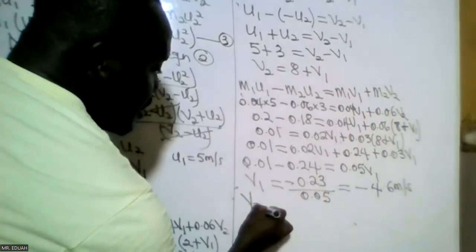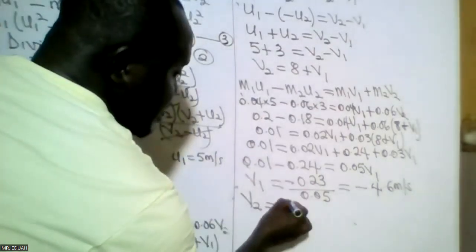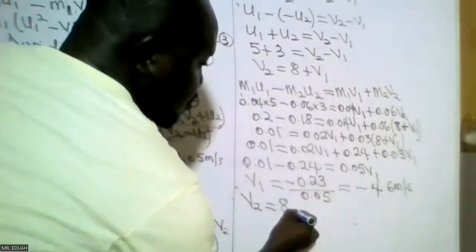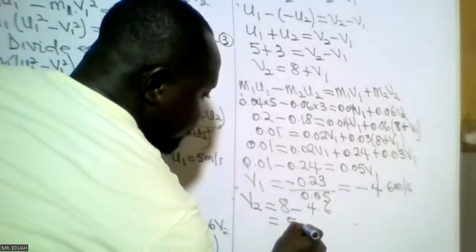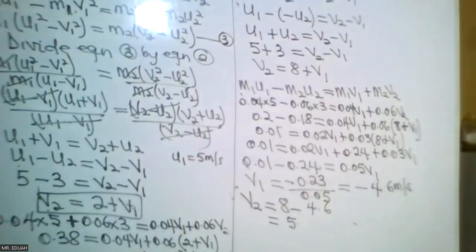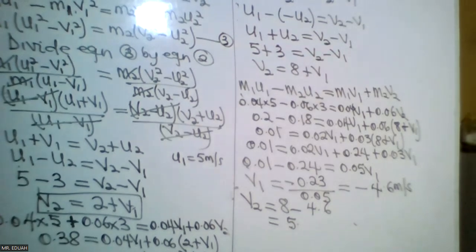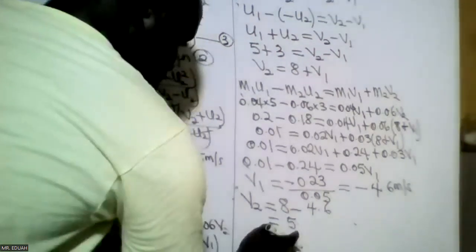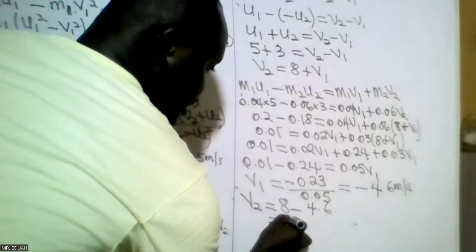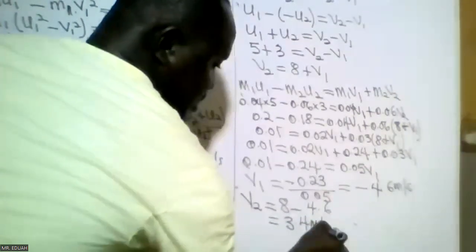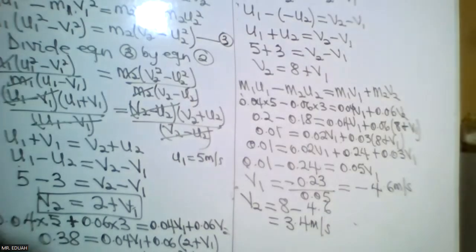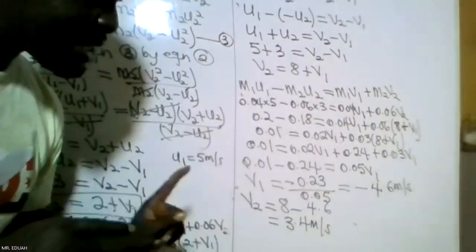V2 will certainly be equal to 8 plus V1, and V1 is negative, so minus 4.6, which is 3.4 meter per second. What it means is that when they are moving oppositely, after collision, one mass will point